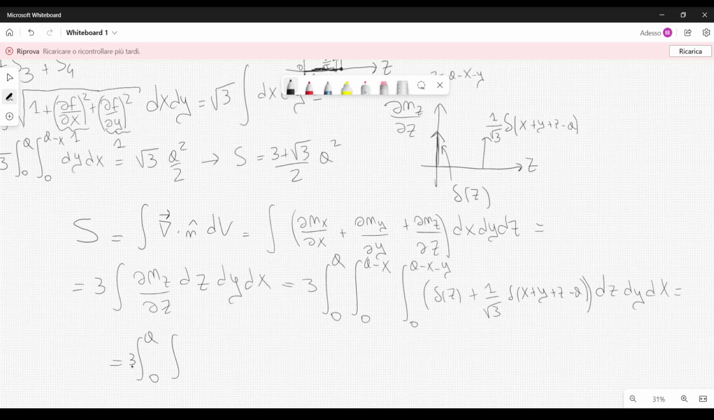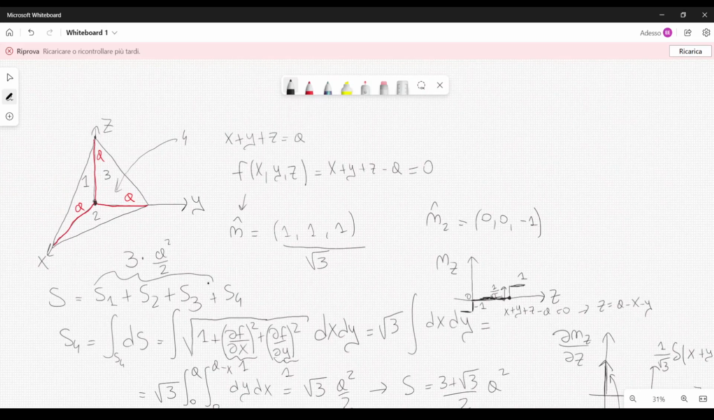So we have integral 0 to a, integral 0 to a minus x. When we integrate this first delta, we get 1, then we get plus 1 over square root of 3 times 1, like this, dy dx, and this is 3 plus 3 over square root of 3. And then we get the area of the triangle if you want, because we have to integrate from 0 to a, integral from 0 to a minus x dy dx, which is the area of the triangle